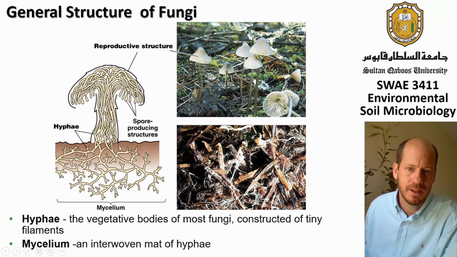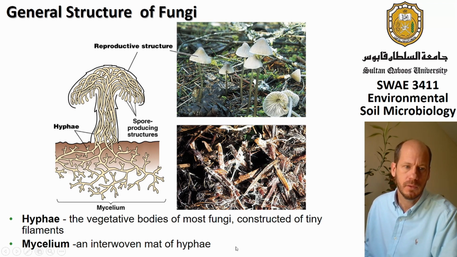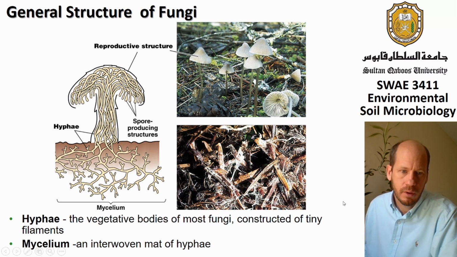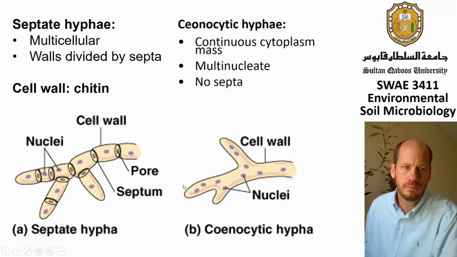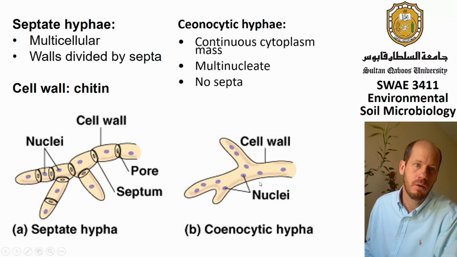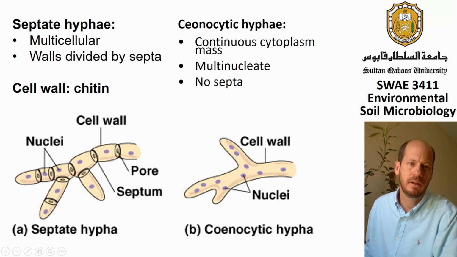So this thread or filament that we see is a hypha. But a mycelium is a collective, interwoven mass of hyphae. So when you look at the microscopic fungi, what you actually see is a mycelium, which is a collective of many hyphae grouped together. When you look at this collective of cells of fungi forming the hyphae, you can have individualized cells,